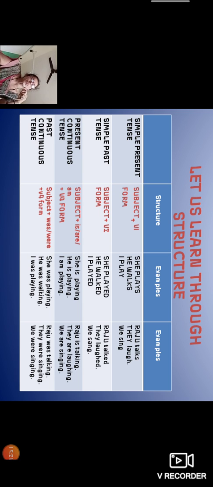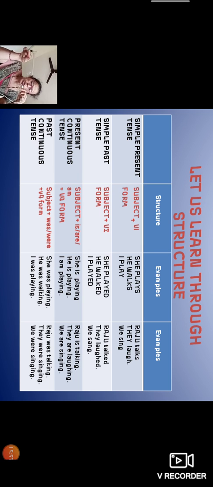See, another one I just want to add here because it doesn't have much difference, so it is not difficult for you to understand, children. See, in present continuous tense we have taken the help of the helping verbs is, are and am, right? So here you are just going to take the help of was and were. Okay, in past continuous tense, we take the help of only the helping verbs, that is was and were. Okay, so we can say subject plus was or were plus V4 form. Here also, children, it depends upon the subject.